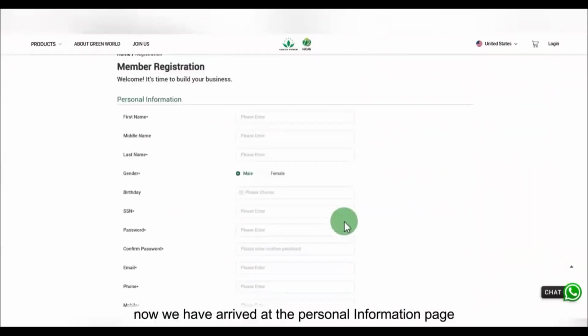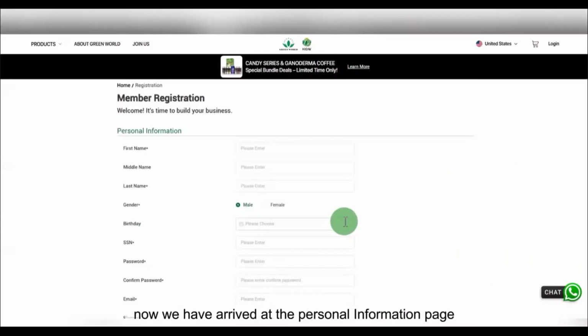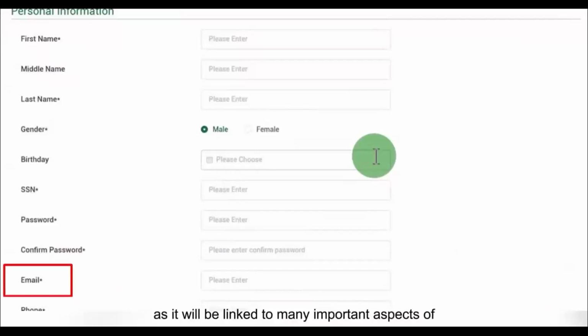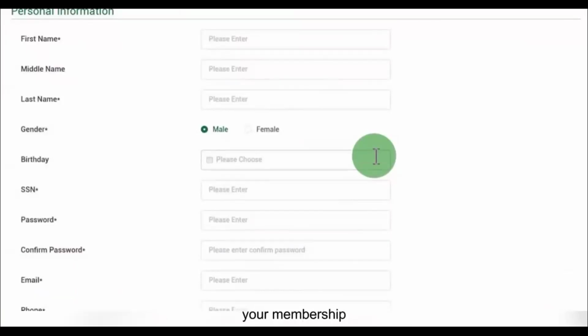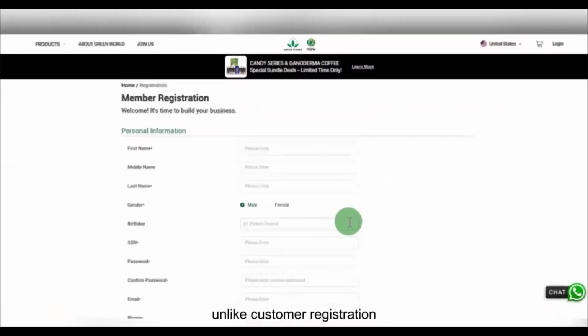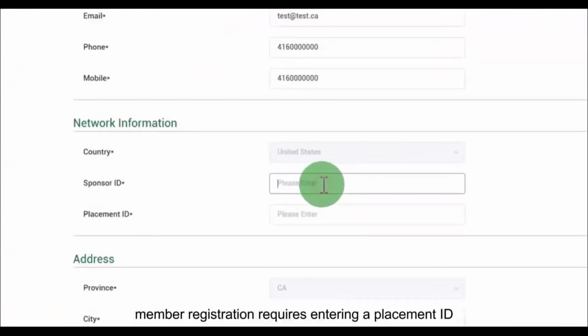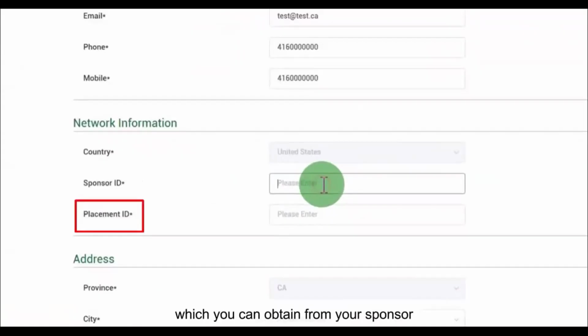Now we have arrived at the personal information page. Please note that the information required for member registration is more detailed than that for customer registration. When filling in your personal information, please pay special attention to the following. Make sure your email address is correct, as it will be linked to many important aspects of your membership in the future. Unlike customer registration, member registration requires entering a placement ID, which you can obtain from your sponsor or